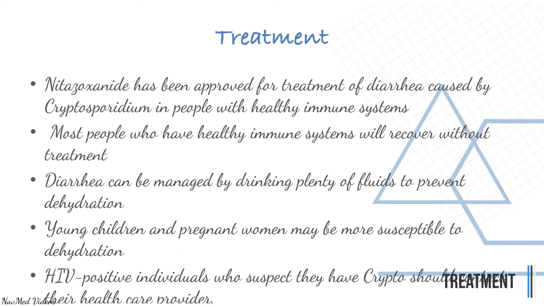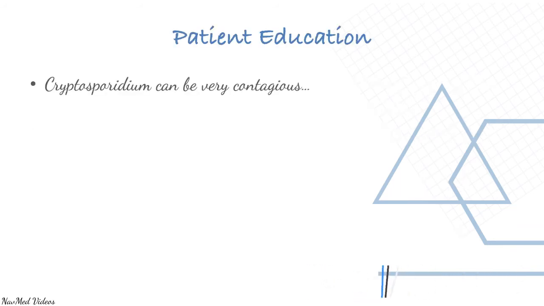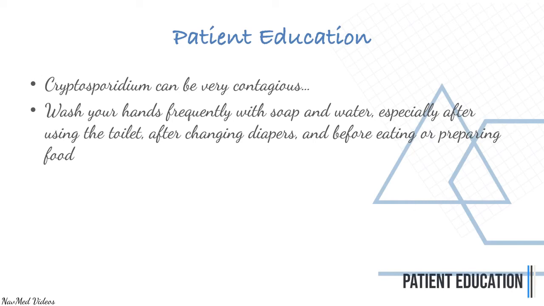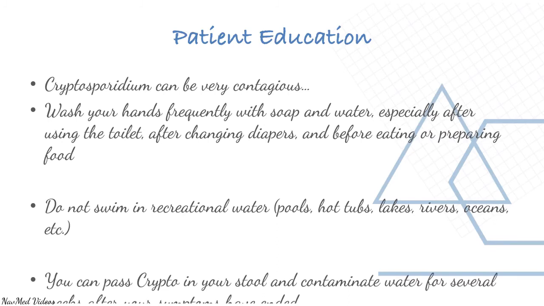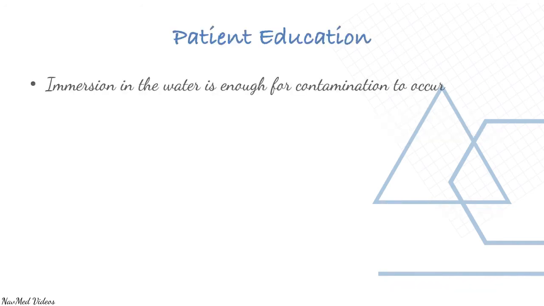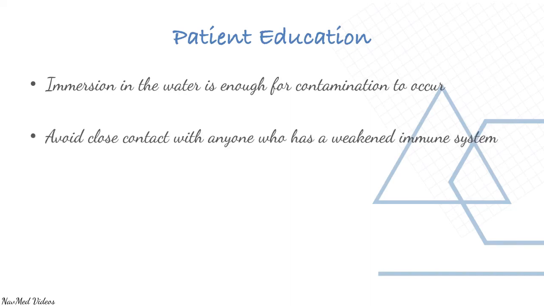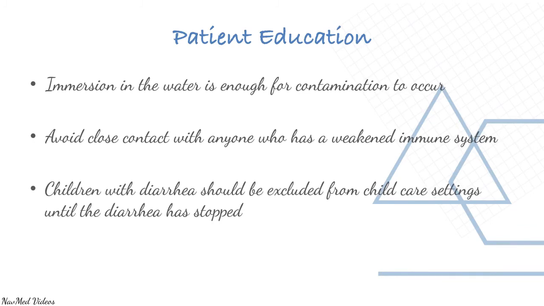HIV-positive individuals who suspect they have crypto should contact their healthcare provider. Cryptosporidium can be very contagious. Wash your hands frequently with soap and water, especially after using the toilet, after changing diapers, and before eating or preparing food. Do not swim in recreational waters. You can pass crypto in your stool and contaminated water for several weeks after your symptoms have ended. Immersion in the water is enough for contamination to occur. Avoid close contact with anyone who has a weakened immune system. Children with diarrhea should be excluded from childcare settings until the diarrhea has